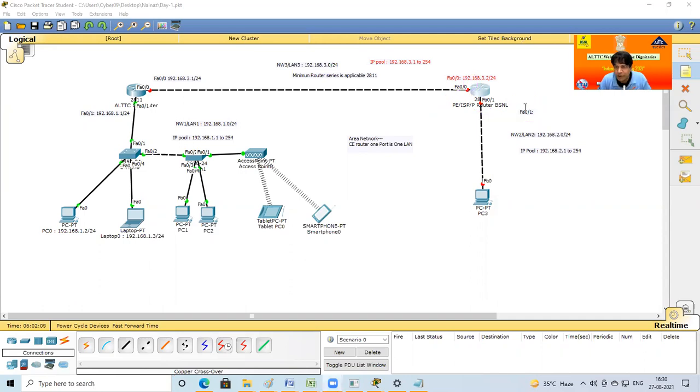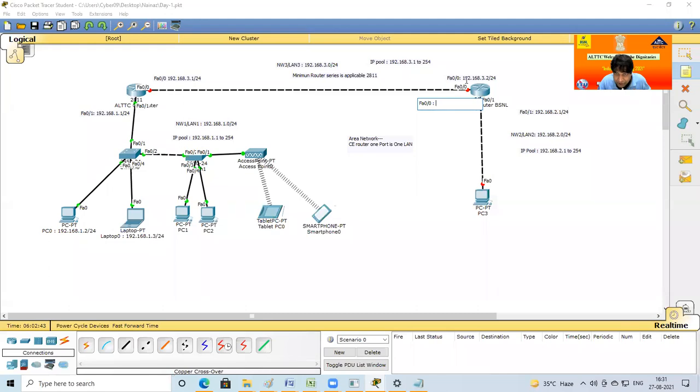In this case, allotment of IP for 0/0, the network ID is 2.0. So that means the allotment of IP of this port is 192.168.2.1/24. And again IP allotment for F0/0, in this case the allotment of IP of this port is 3.1 and the network ID is 3.0.